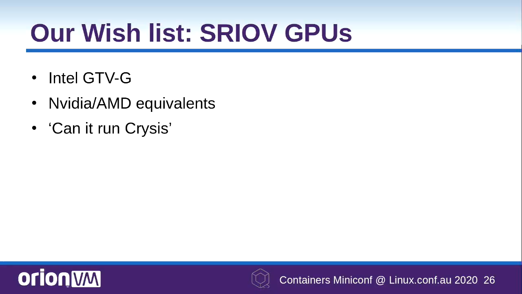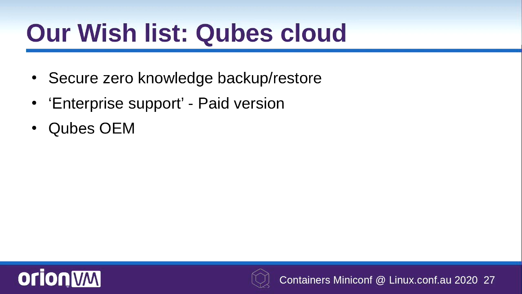So, continuing on. SR-IOV GPUs. SR-IOV is a very interesting thing whereby a PCIe card can say, I'm not just one PCIe card, I'm actually 24 or what have you. And then each one of those subcards can get passed into these cubes. Previously you saw Qubes running Factorio, but the real question is, can it run Crysis? And the answer that I want to have is yes. With SR-IOV GPUs, I think that is very doable.